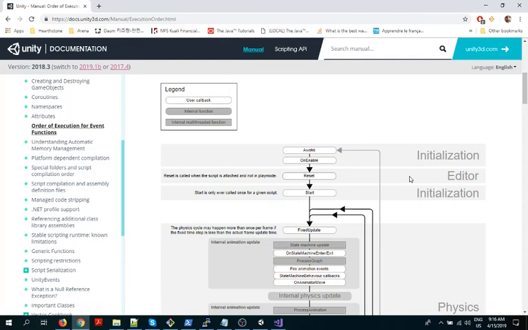Okay? All right. So these things up here happen just once per level load, once per scene load. Awake, oh yeah, there it is, right there. Okay, and also some other stuff. OnEnable, I don't even know what that is. I have to look at the documentation. Reset, never used it. Start, very typically used. Okay? The reason I'll use both Awake and Start is because, and this is the use of this diagram, as you see, Awake is called before Start.